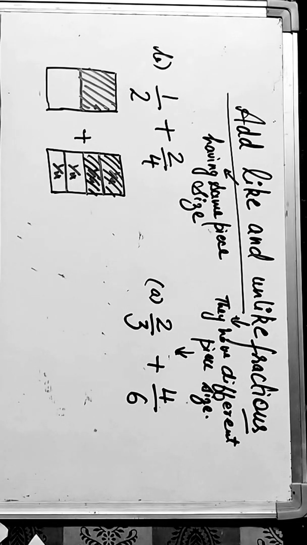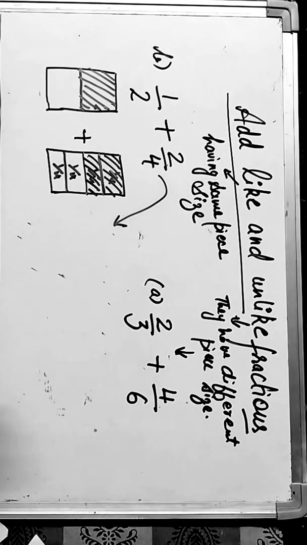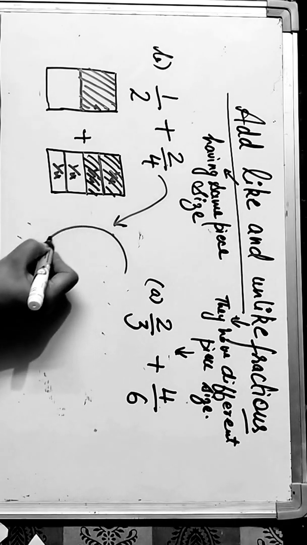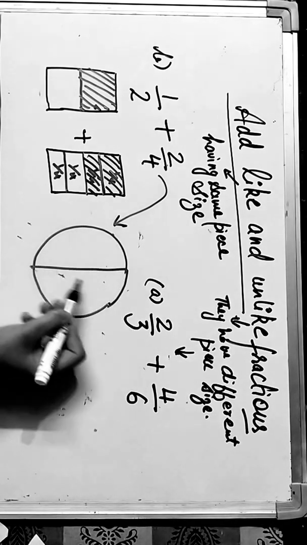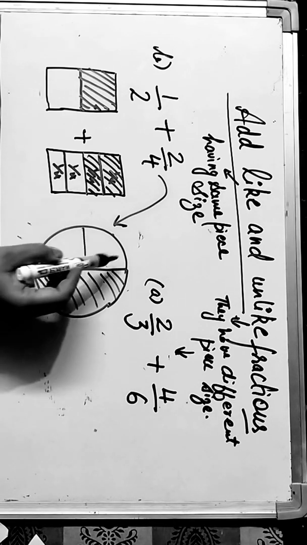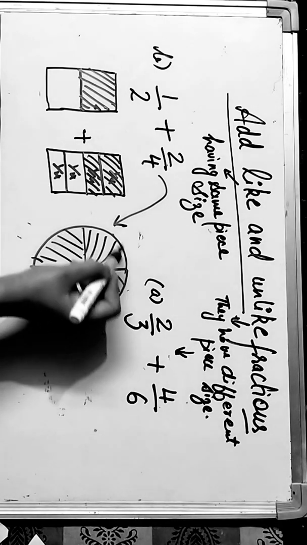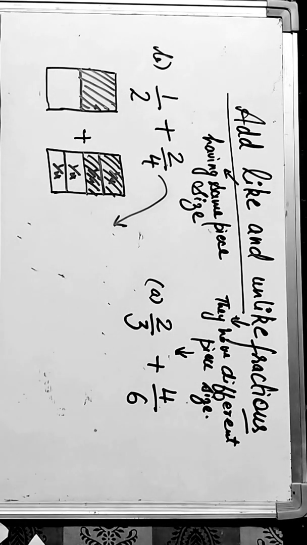Okay. But as we have to show half and 2/4, obviously, look, this is half and this is 2/4. 2/4 also looks like half. So these both should make what? 1 full. Okay? But how to write this?